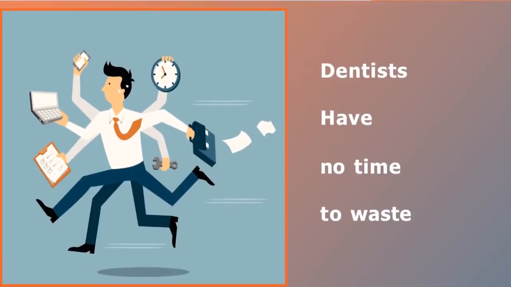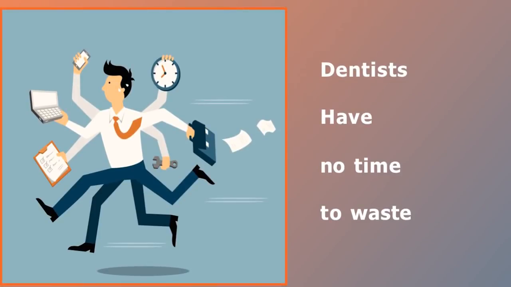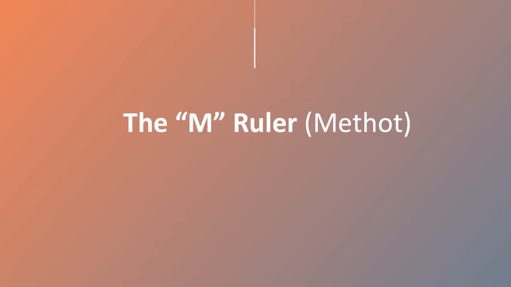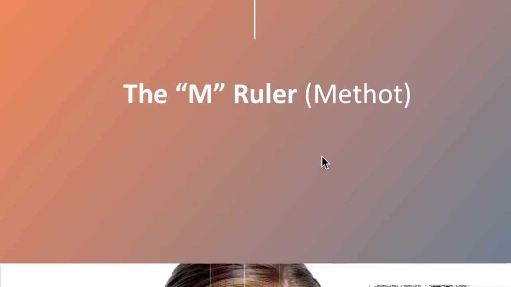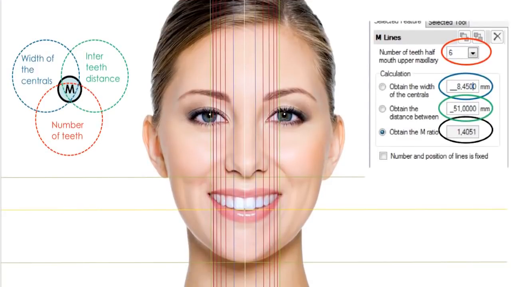The M ratio is mathematics calculated by the computer, and this method compares the tooth width with the facial width using the software. The whole analysis is done in the computer and hence involves more mathematics rather than artistic analysis. So you don't need to measure anything manually. You only need to insert 3 inputs in the computer